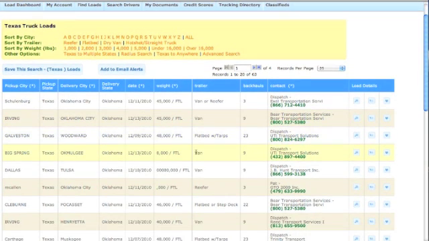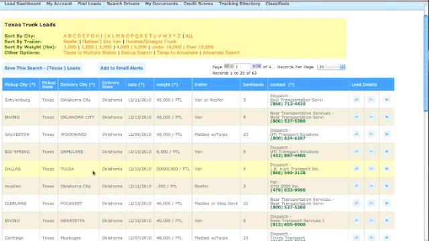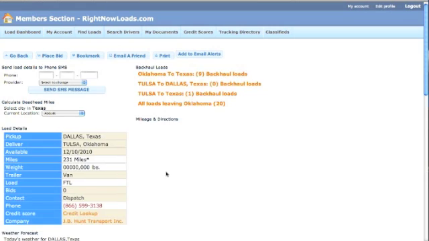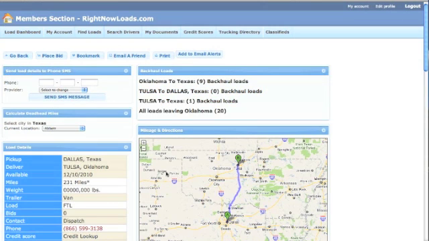Now, let's look at this Dallas load. When I click on this load, I'm brought to our load details page. Another feature that we've added is, a lot of times drivers are on the road. They don't have a pen and paper or time to stop to write down the detailed information. And a lot of times they might have their wife or another dispatcher that uses our software to find loads for them. And what they can do is actually put in the driver's phone number,